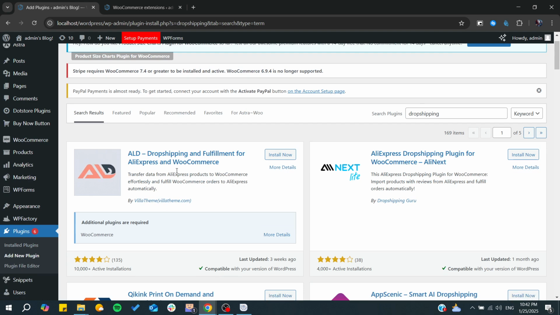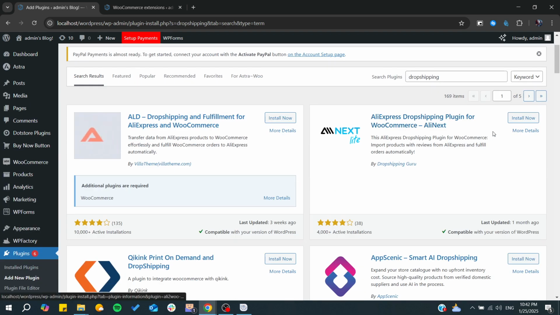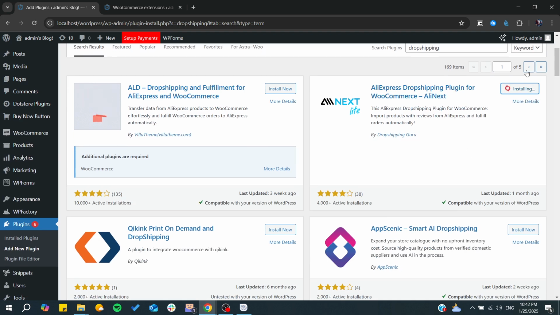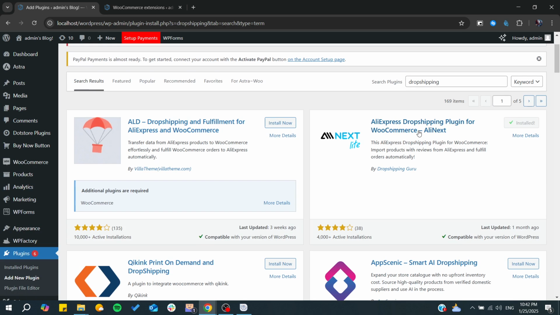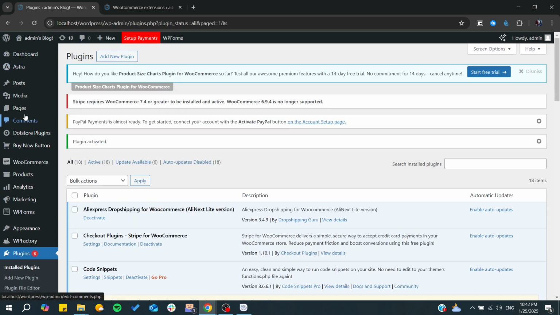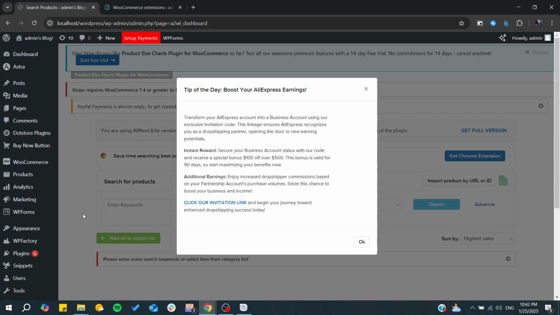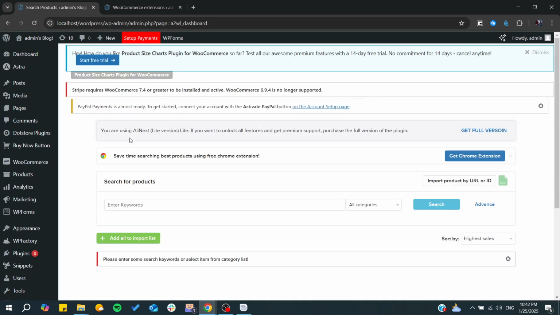So let's, for example, have this AliExpress as an example for plugins, and basically, I'm just going to click on install, and then we will need to activate this plugin and we will have it added in the submenu. So I'm just going to click on activate, the page will refresh, and then we will start to find this plugin here. So basically now we can find products, and from here you can be able to start doing dropshipping